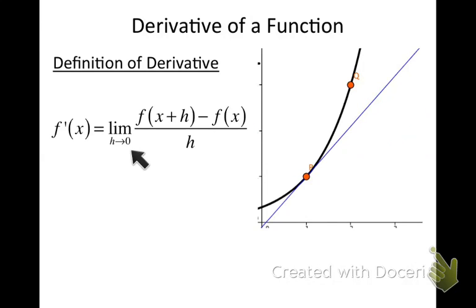The limit as h approaches 0 of f of x plus h minus f of x over h. That's how you find the derivative of a function. Now there's some notation that you need to learn, and you'll see it over and over again. Whenever you want to show that a quantity is the derivative of a function,